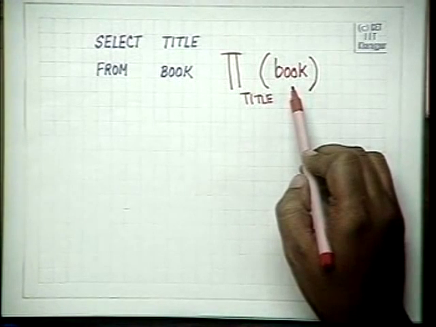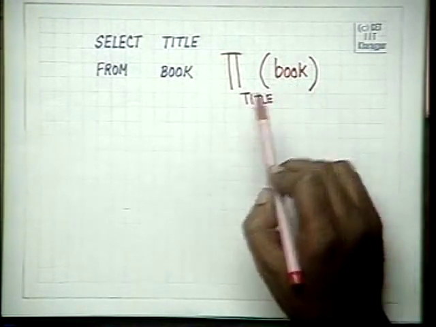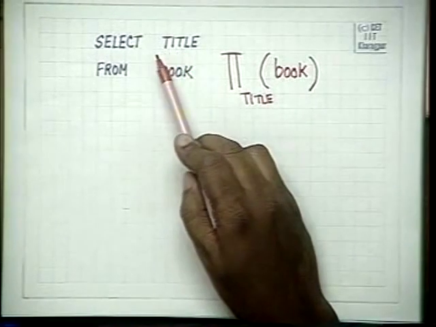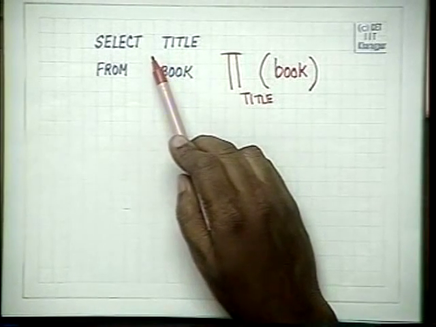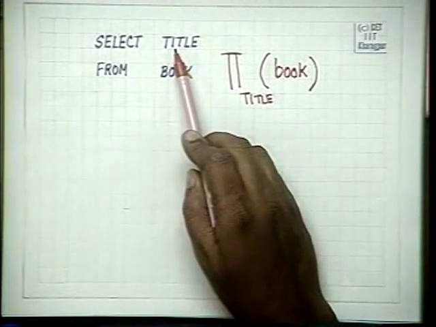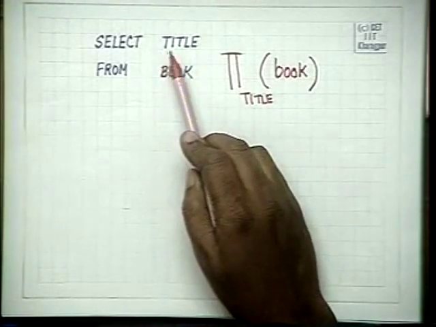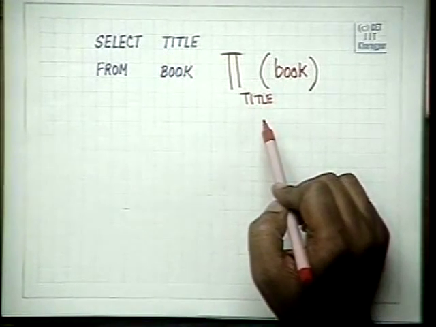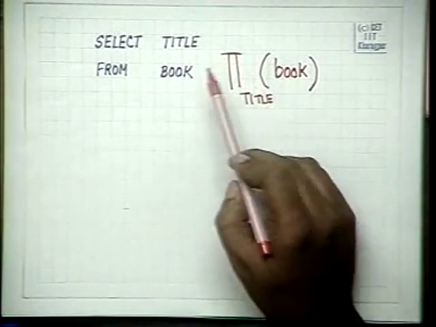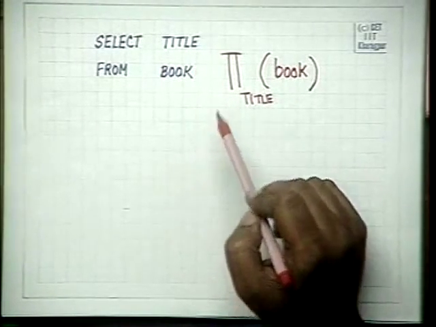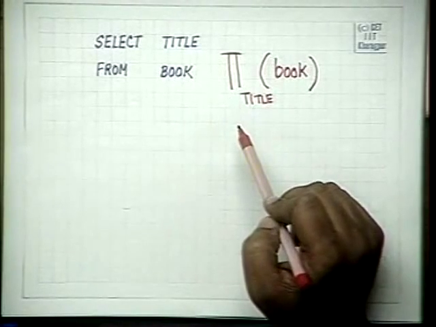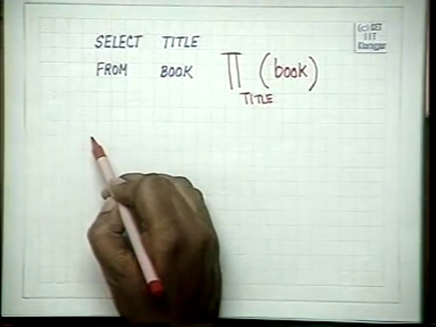Now SQL also provides you two additional features. By default, you may have a default setting in which only the distinct titles will come out. If you want all the titles to come out in spite of duplicates, then you will write down